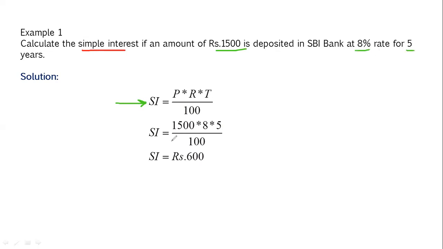So just put the values in the formula. 1500 into 8 into 5 divided by 100. So when you solve this, you will get simple interest is equal to rupees 600. Okay, is it clear? Very simple, basic numerical. Next,